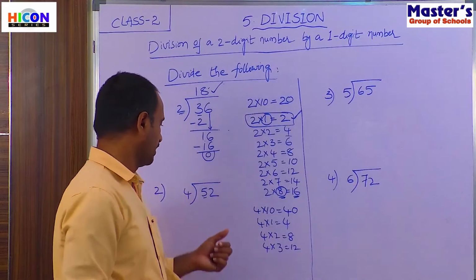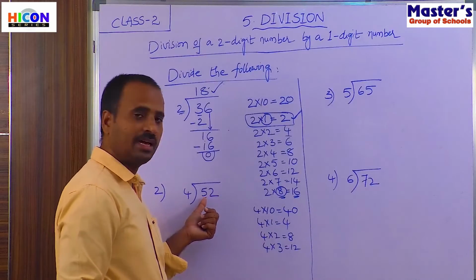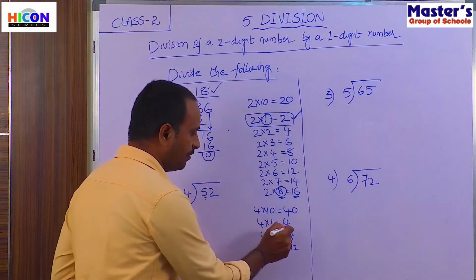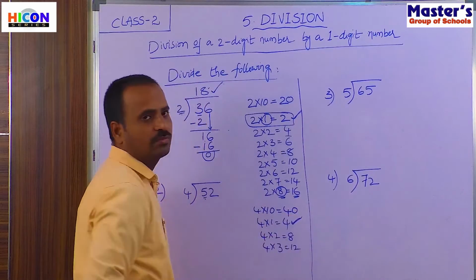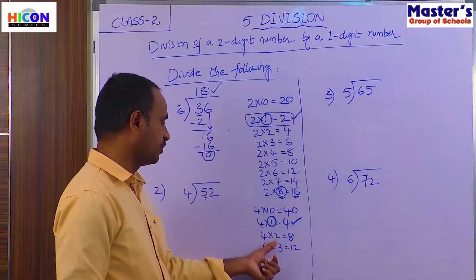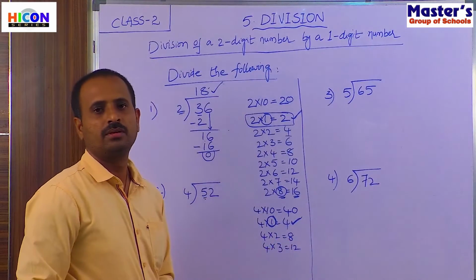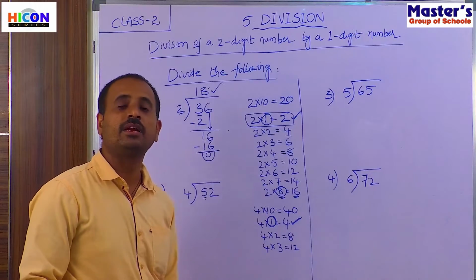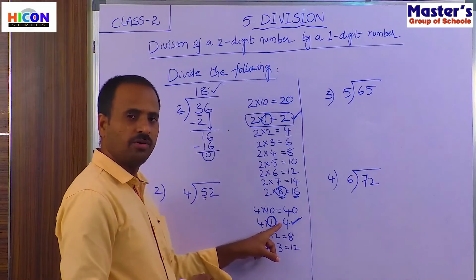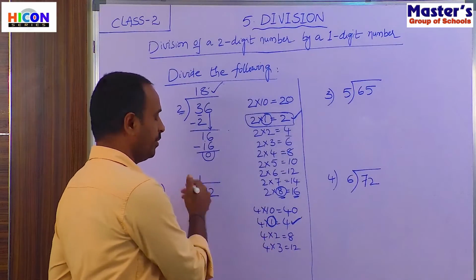We have to take its lesser number in the table. What is its lesser number? The number which is less than 5. The number less than 5 is 4. So take this one, that is, take 1 time. If you take 2 times, it will become 8 and 8 is more than 5. So that's why we should not take a bigger number. Every time we have to take the lesser number. So the lesser number for 5 is 4. That's why we take 1 time. So write this 1 in the quotient above the dividend.